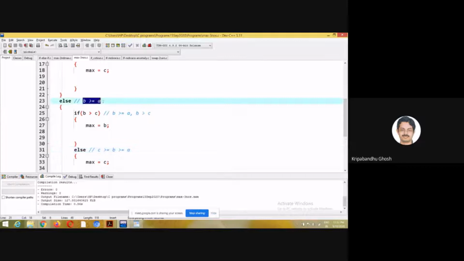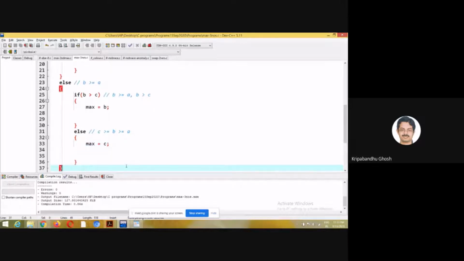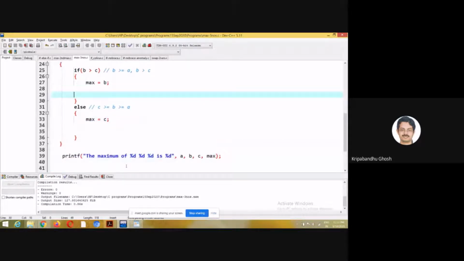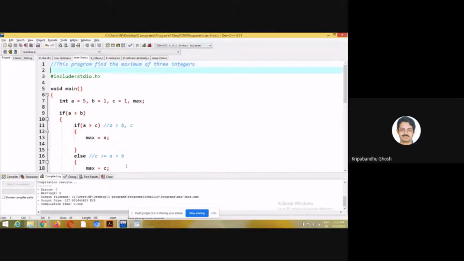So C is greater than or equal to B and B is greater than or equal to A. Then C is safely the maximum number. Even if equality holds, it doesn't matter, because we are concerned with the maximum value, not the variable. So I printed the value of max.